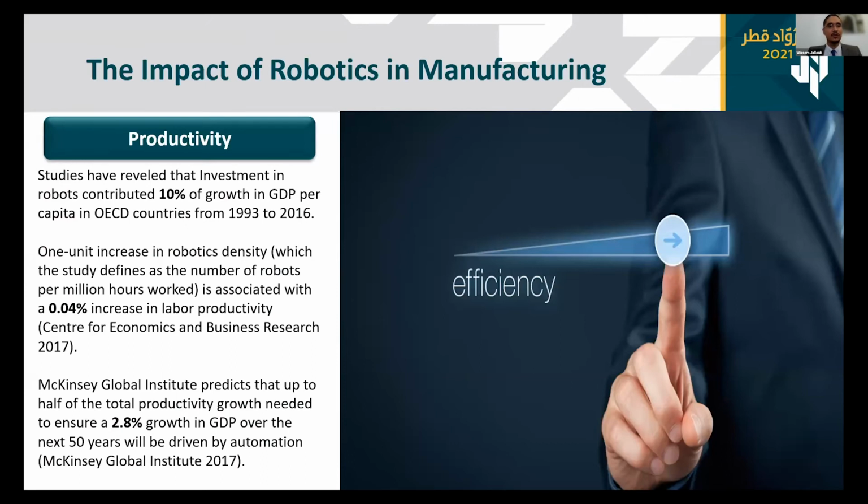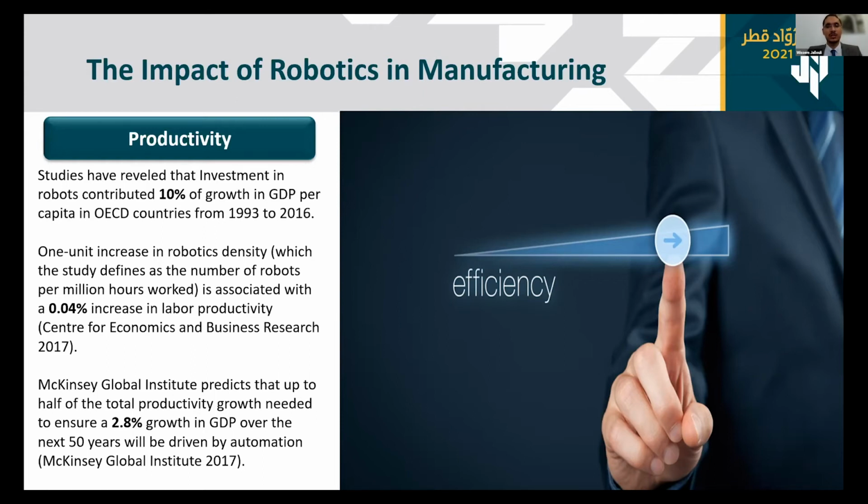Studies have revealed that investing in robots contributed 10% of growth in GDP per capita in OECD countries from 1993 till 2016. The OECD countries are basically Australia, Europe, and North America. So why does this contribute to the GDP? Because